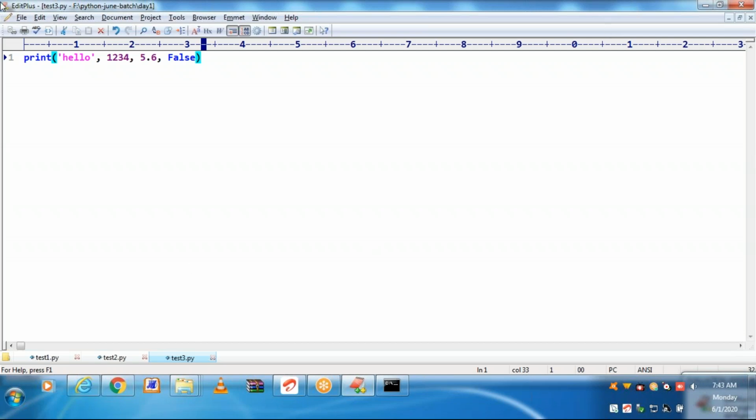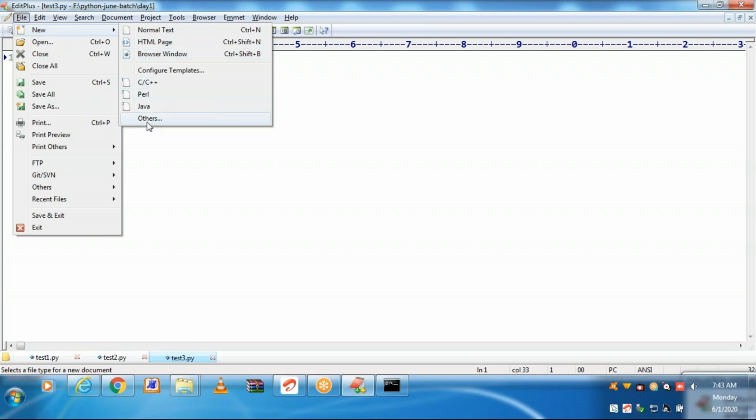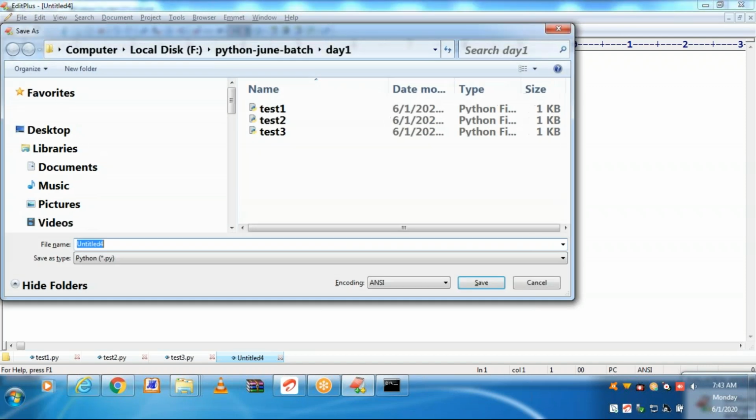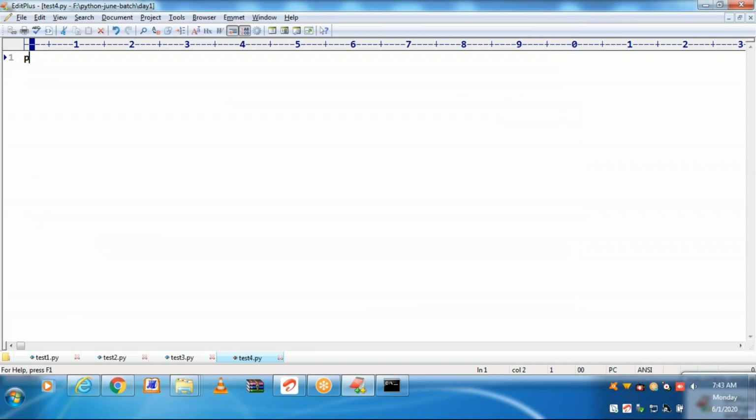Let us see another way. Test4.py. I'm printing hello. Through Control J, you can go to the next line.